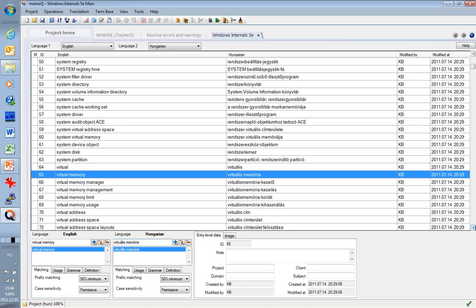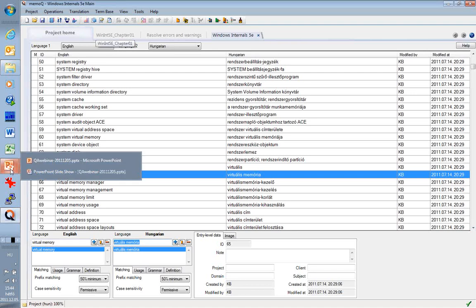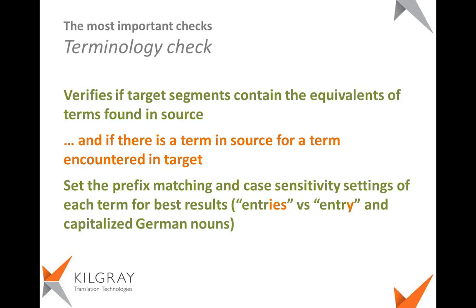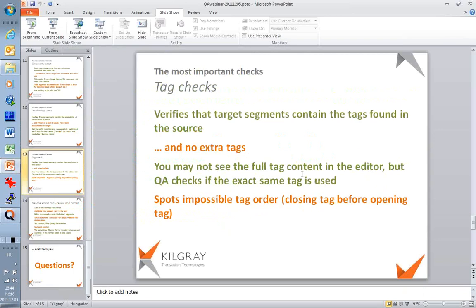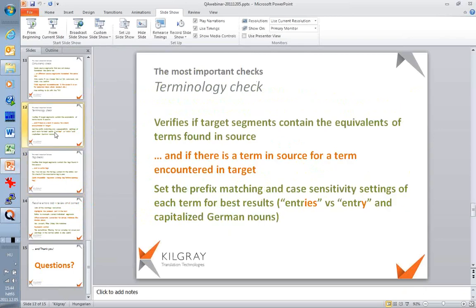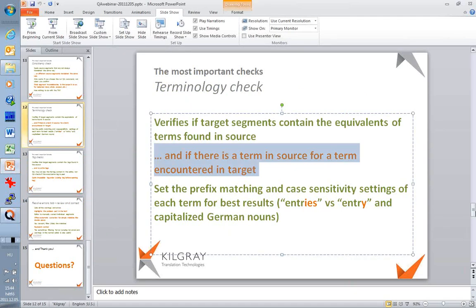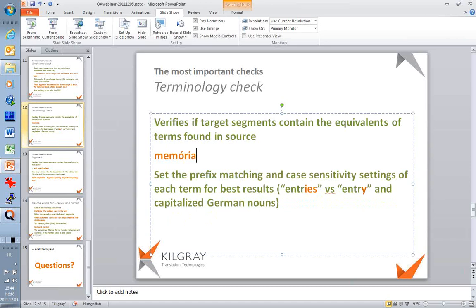This is easy because Hungarian also takes the word from Latin. But its plural is, let me give you a bigger font here. So I'm going to exit from this, and I'm going to show that to you on the slide itself. I'm going to erase that. So it's memória,